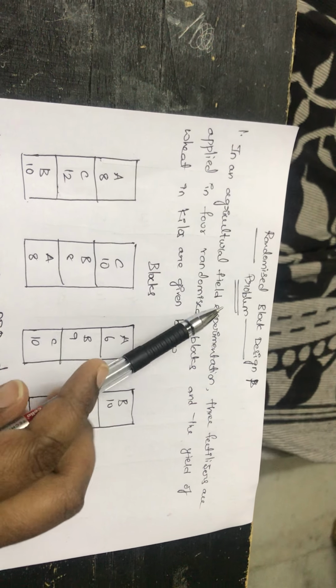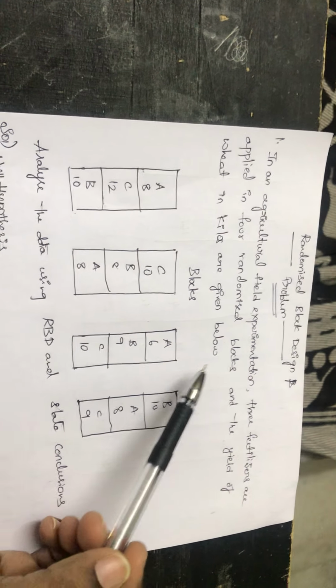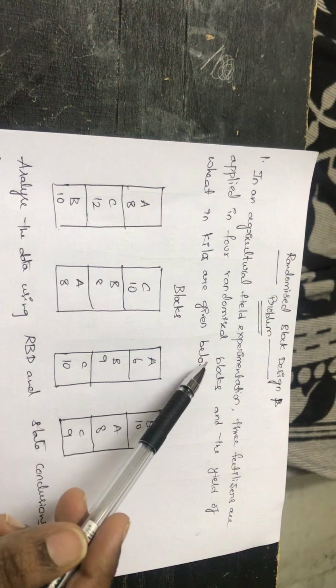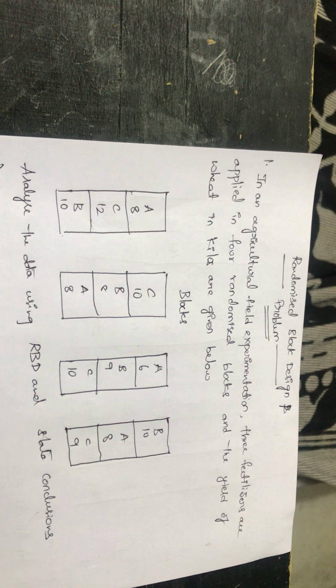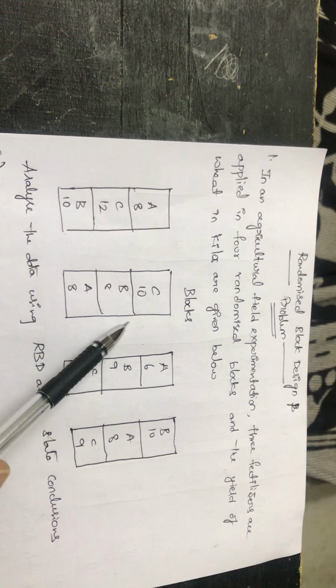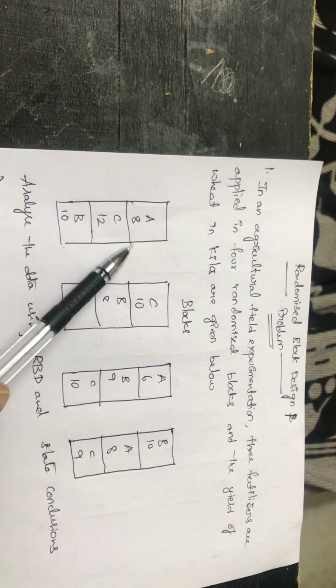Now I am going to explain you about randomized block design problem, RBD. In an agricultural field experimentation, 3 fertilizers are applied in 4 randomized blocks and the yield of wheat in kilos are given below. Here 4 blocks are there. The 4 blocks are A, B,